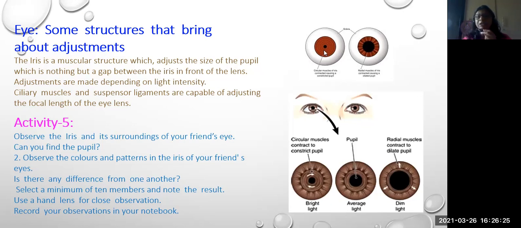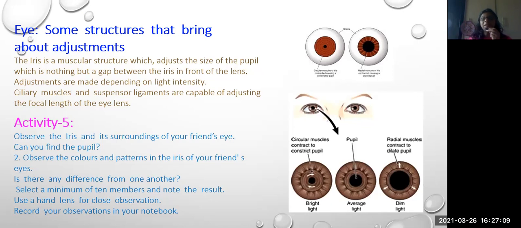When the light is more, then what will happen? Too much light should not be passed on. That means it passes through the pupil, and it should not form an image on the retina. So the amount of light which passes through the pupil is controlled by means of the iris, isn't it? But here this one is expanded. Why? Because when we are going in the dark, we can't see the image properly. So to get the image, the pupils become widened in size so that we can see the images.